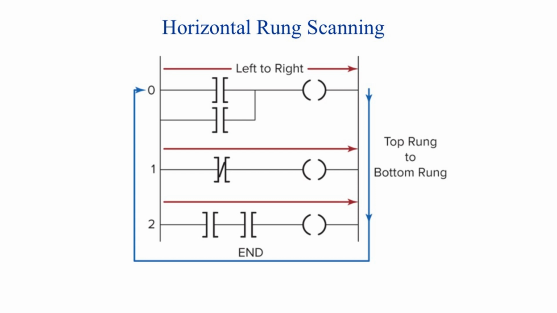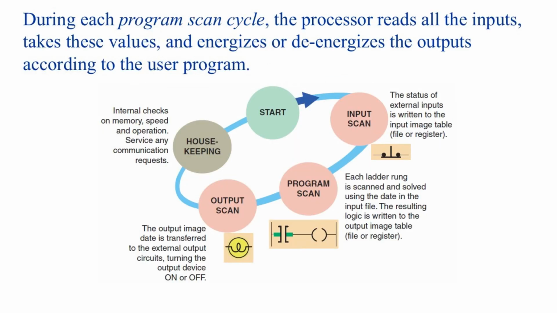Once the PLC finishes one rung, it moves down to the next one and repeats the same process, all the way down until it reaches the End instruction. After that, the entire program starts over again, thousands of times per second. So remember, the PLC always scans left to right, top to bottom, and the order of your instructions determines how your program behaves. Now that we understand how the PLC stores input and output data, let's look at how it